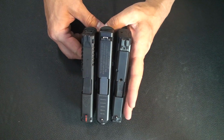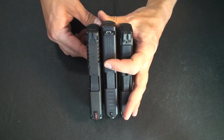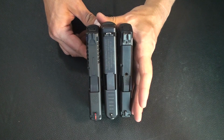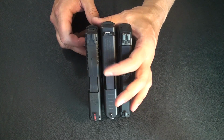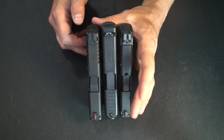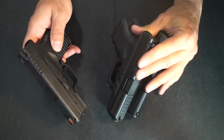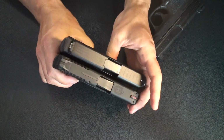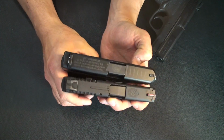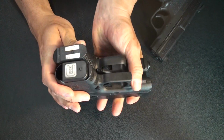the Glock is thicker, and that makes a difference. A lot of people say it doesn't, but it does for me. I carry a Glock 19 a lot of the time, and I'd say Glock is my favorite brand of handgun, but the extra width in that Glock makes a difference, especially when it's inside your waistband. And I still carry a Glock 19 quite a bit, but